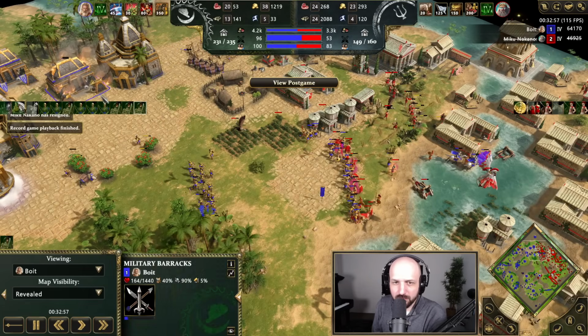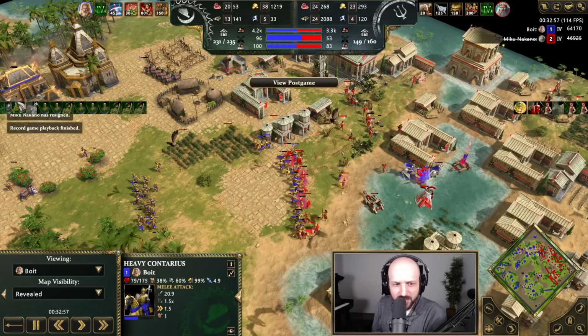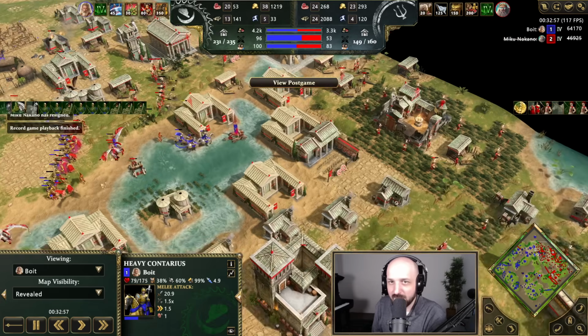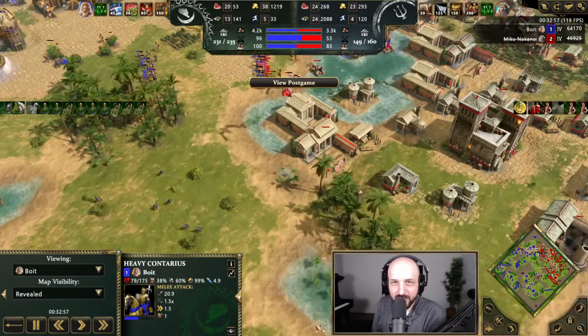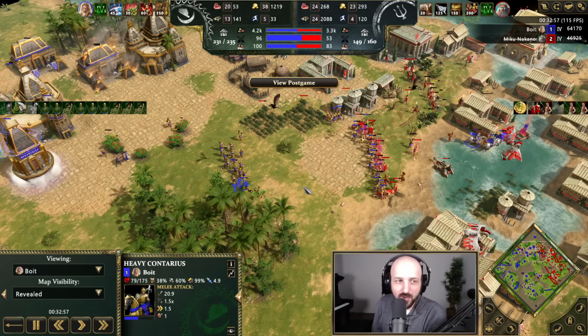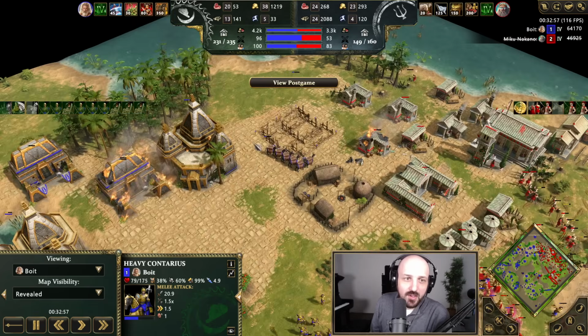So, oh, I was going to show the Contaris. Okay. So we got the win. He does tap out here because he's not out of gold, but he's sort of, I don't know, just exhausted from the whole thing. I know I was pretty exhausted after this game. But anyways,